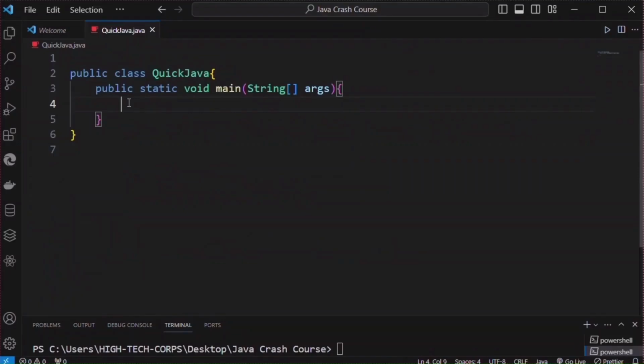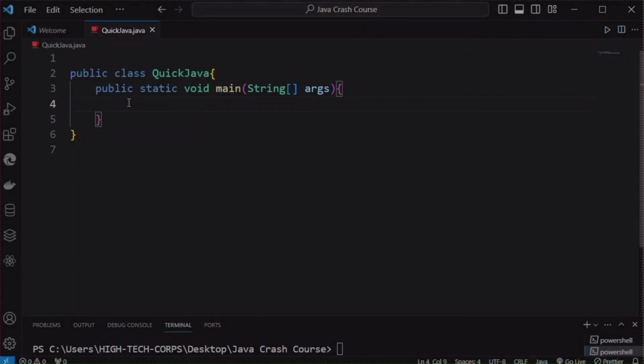Hello friends, now we are going to talk about array lists in Java. So what is an array list? An array list is similar to an array, which is used to store multiple values within a given name. But the main difference is that an array list is a resizable array. This means that it is an array which does not have any fixed size, meaning that we can remove elements from the array and add new elements at any time we want in the array, and it is not going